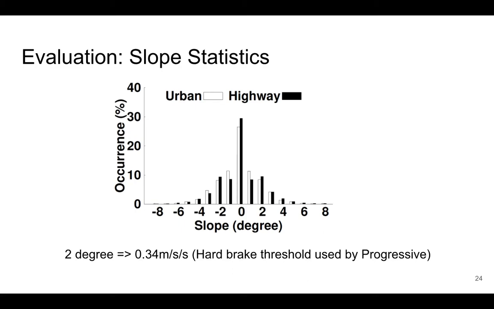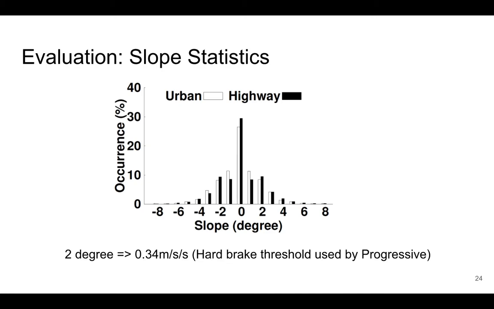We also made a statistical study on the slope. We want to know how many slopes are on the road. Surprisingly, this data was collected around the Madison area, which is a flat area in the northwest of the U.S. So it is supposed to be reasonably flat, but we still found that more than 30% of the road had slopes higher than 2 degrees, which might lead to 0.34 meters per second squared,